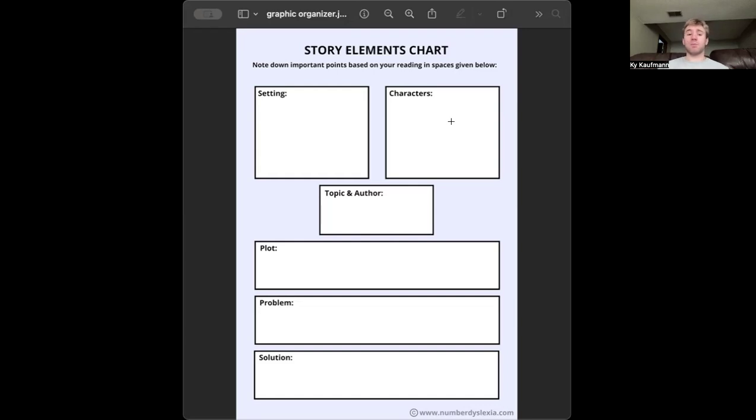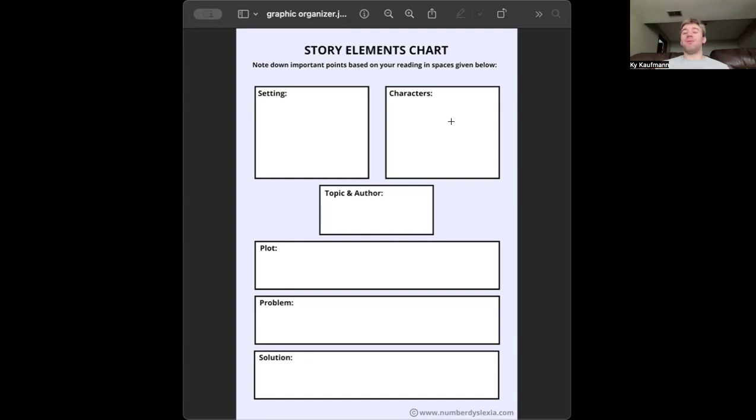For a textbook, I would say it's a little bit different. And that's just because, obviously a textbook doesn't have settings, characters, whatever like that. But the way that I was thinking about it for it to be used in a science classroom is you're reading through